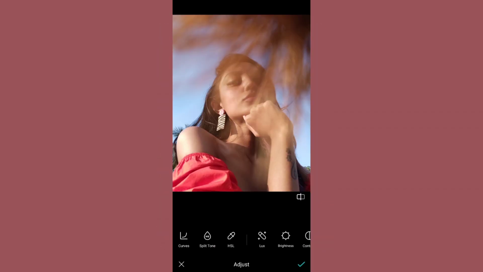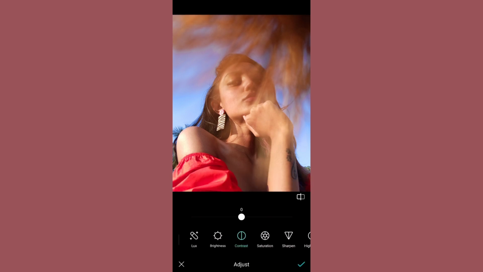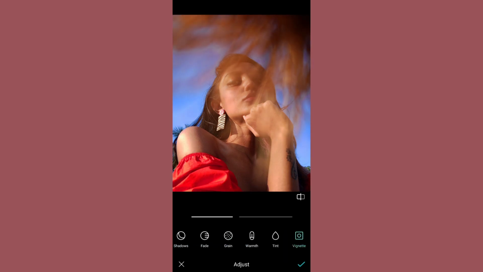For this picture I am increasing the saturation as well as the hue, decreasing the luminance of the blue color, increasing the saturation and the luminance of red and orange, increasing the contrast, decreasing the highlights, increasing the vignette, and